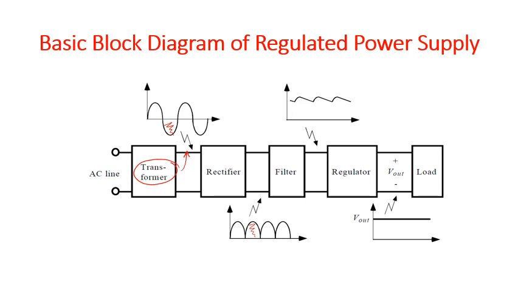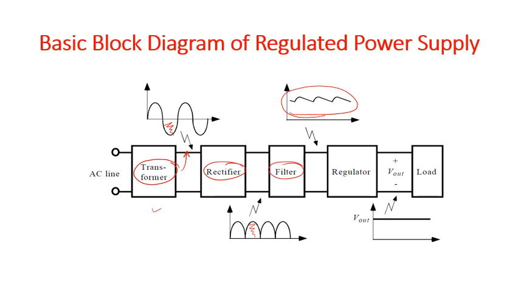Once I give it to the filter, the type of signal that you get is something like this. This signal still has certain amount of ripple over here, so it is still not DC. You then give it to a regulator, and at the output of a regulator you get a constant DC voltage. This circuit that is drawn over here is the basic block diagram of a regulated power supply, not a part of your syllabus. The only reason that we are doing this is so that you know why exactly I am studying rectifier and why do you study rectifier with or without filters.